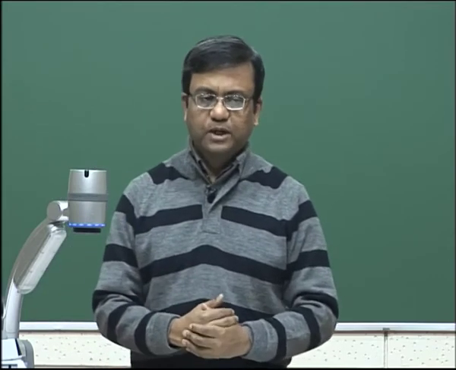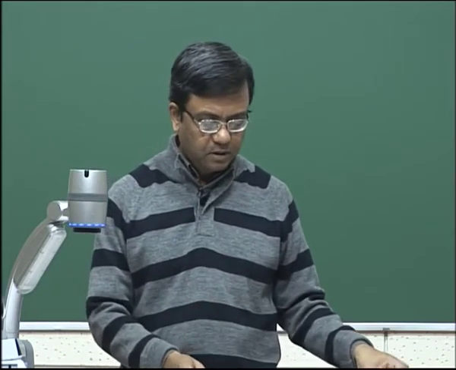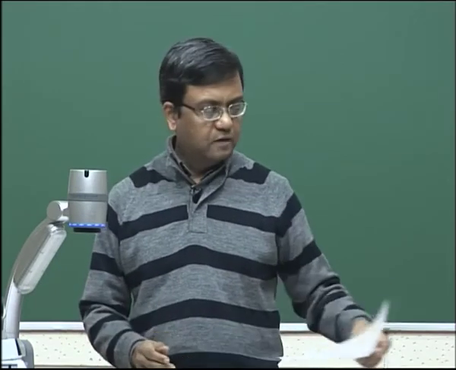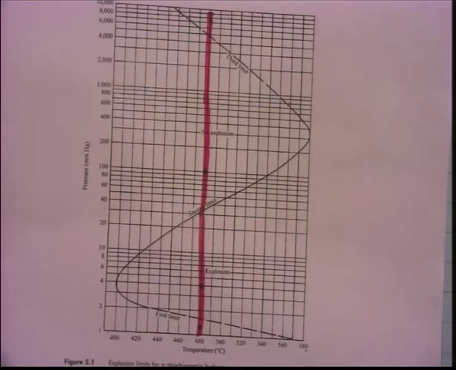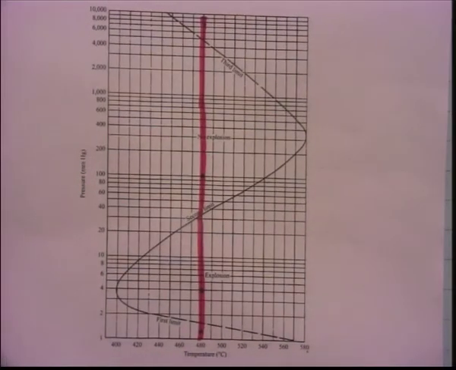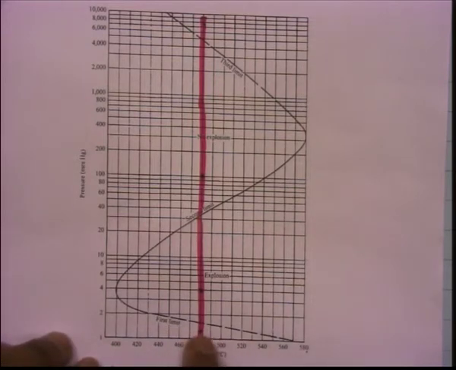Now, if we look at the first limit, for example, going back to the curve, the first limit is for low pressures and the temperature is, let us say, 480 for the isotherm that we are following. So, the temperature is not very low. The question is, why does it not react? Because it is below the first limit, so there is no explosion. So, why does it not explode?